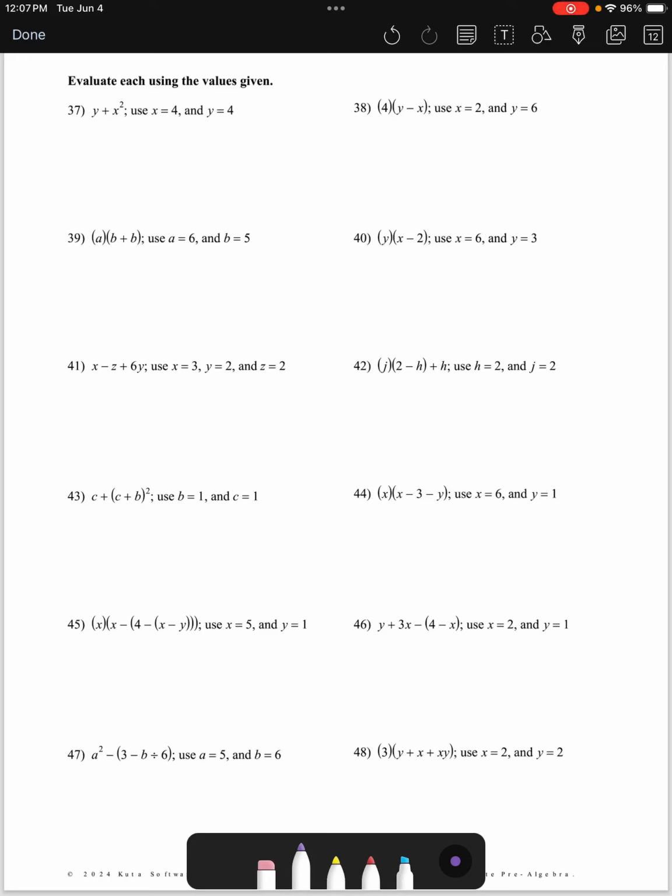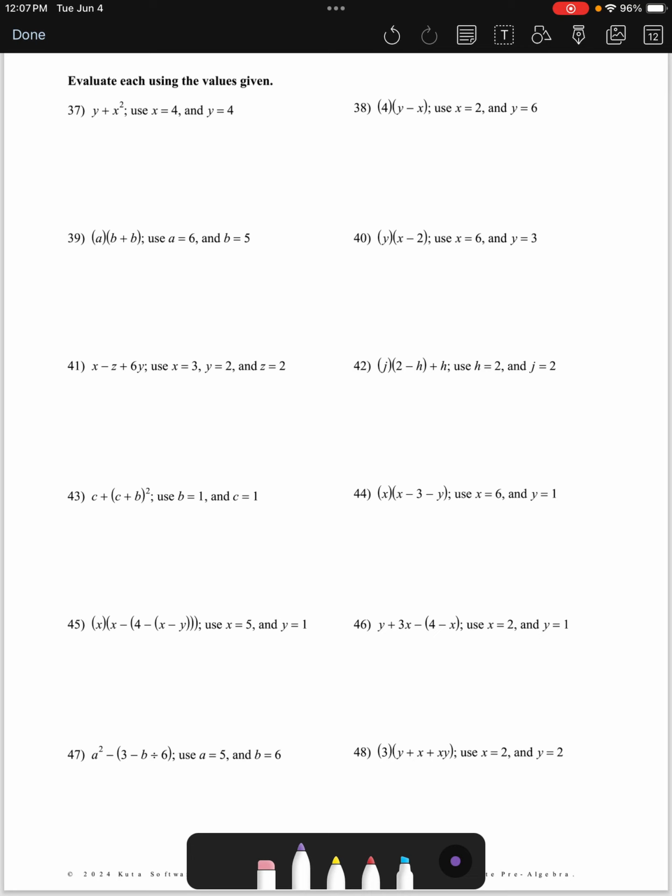Today's video is going to mostly be more work with the order of operations, but you can see if you take a look at this pile of examples, there's a whole lot of letters, but a whole lot of use statements. Use statements are this worksheet's way of telling us, hey, wherever you see the letter X, replace it with this number. Wherever you see the letter Y, replace it with that number, and then just use your order of